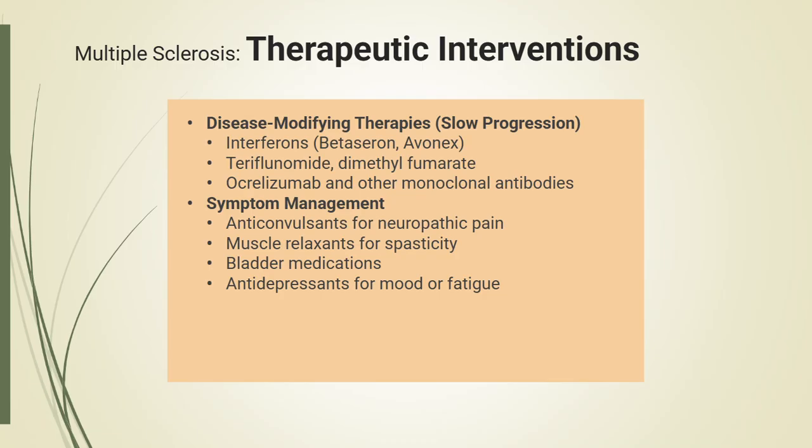Multiple sclerosis currently has no cure. However, treatment plays a key role in slowing the progression of the disease, reducing the frequency of relapses, and managing symptoms so patients can maintain the highest possible level of function and independence. These treatments fall into three main categories: treatments that modify the disease, treatments that treat acute relapses, and treatments that help control ongoing symptoms. First, disease-modifying therapies, or DMTs, are medications that aim to decrease inflammation in the central nervous system and slow the progression of multiple sclerosis.